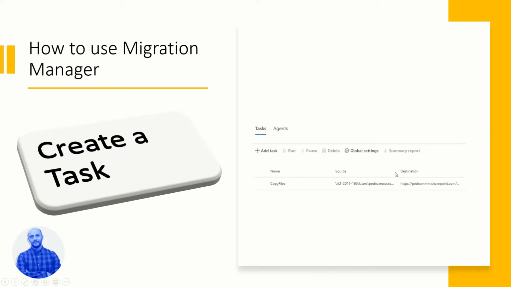If we have an agent, we can apply a task to that agent, right? The task is a subset of an agent. The agent is running in a machine. The task is for you to perform some operations inside of the agent you have set up, right?